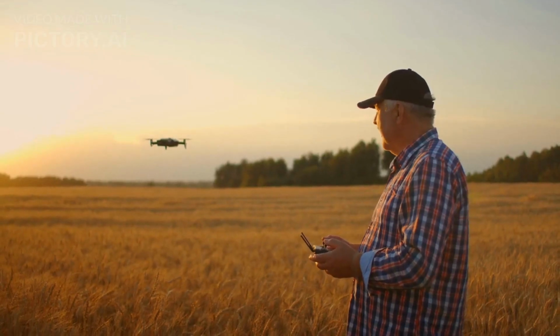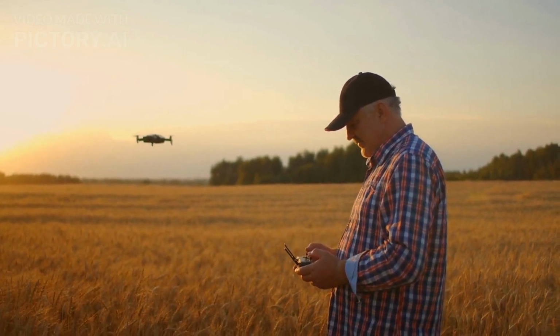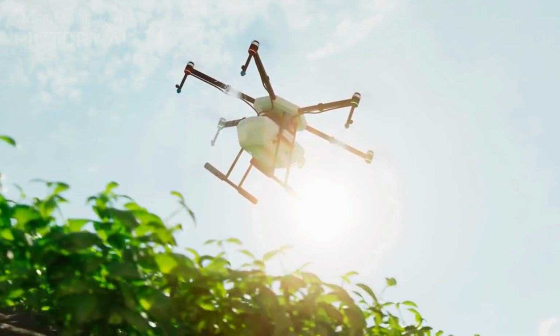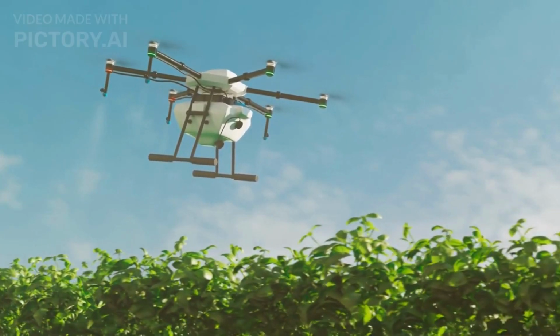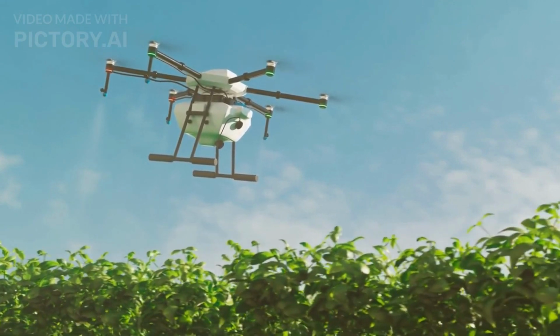Drones, or unmanned aerial vehicles, are flying devices that can be controlled remotely or autonomously. They can be equipped with various sensors and cameras that can capture high-resolution images and data of crops, soil, and weather conditions. Drones can also perform tasks such as spraying pesticides, fertilizers, and water, planting seeds, and monitoring crop health